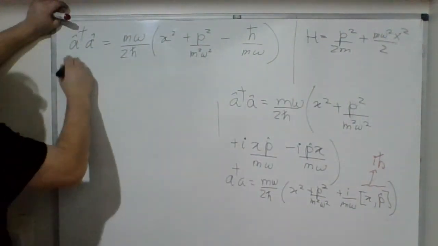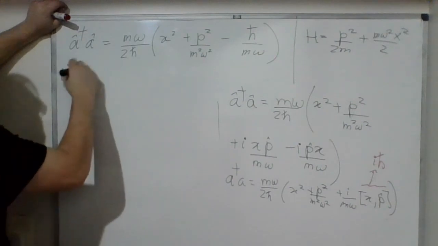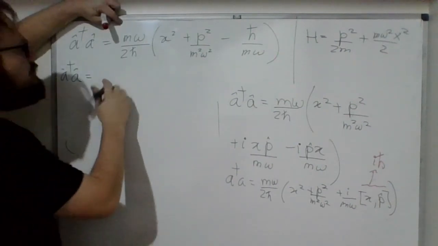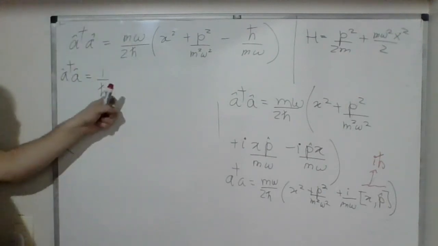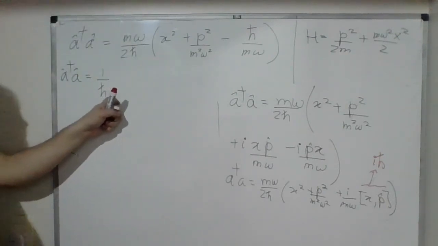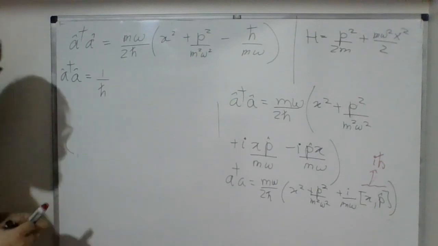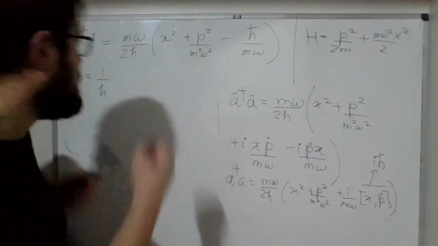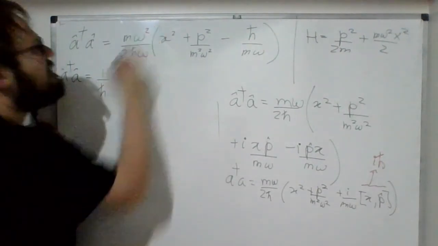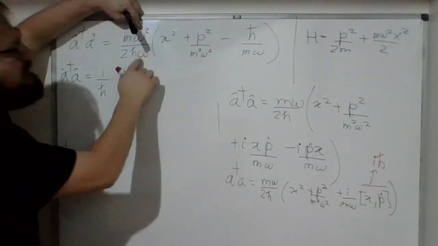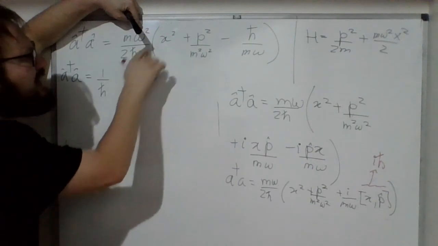And this A dagger A corresponds to 1 over h bar. We can just divide everything by this h bar. If I insert here, notice some omega here and some squared here, because omega squared divided by omega just cancels out,